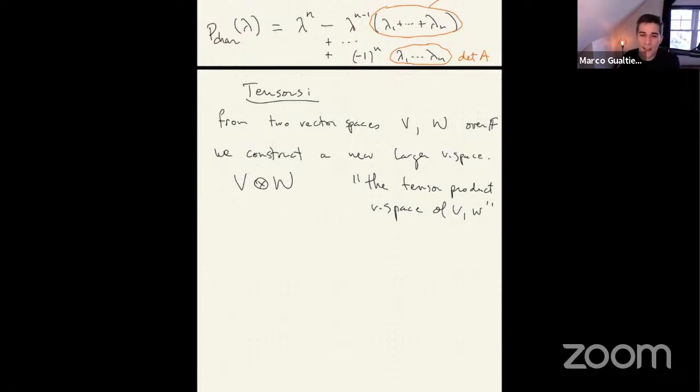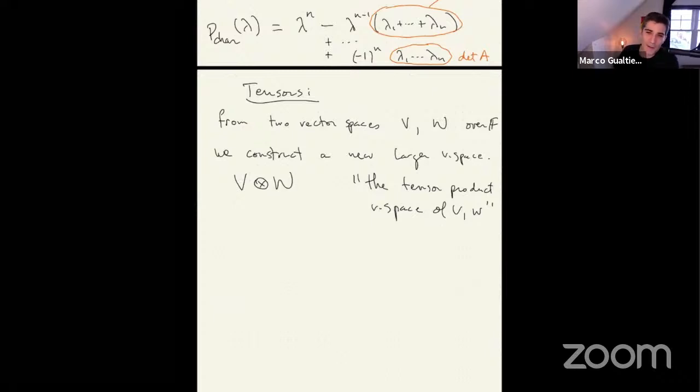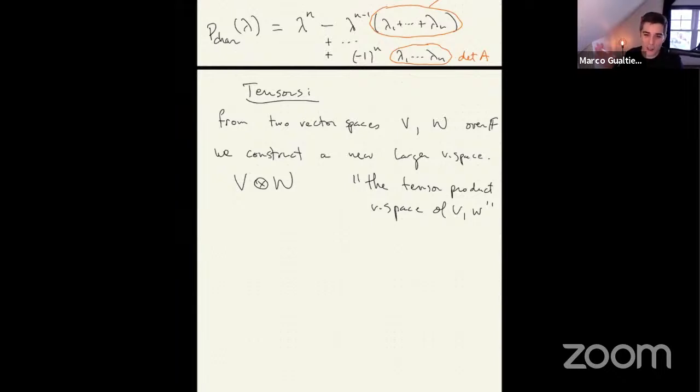Wouldn't it be great if we could take an element in V and an element in W, and we could take their product, and we would get a new element, right? And then someone very naive comes to class and says, "You told us about this vector space V and about this vector space W. Is it possible to take a product of two elements, one from V and one from W?"